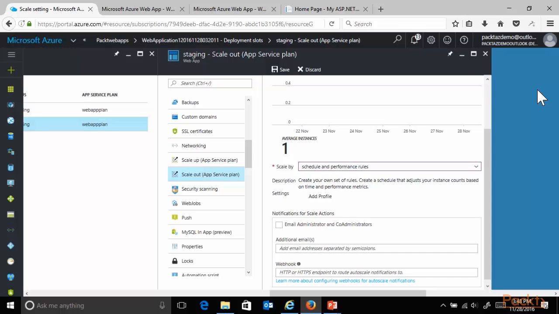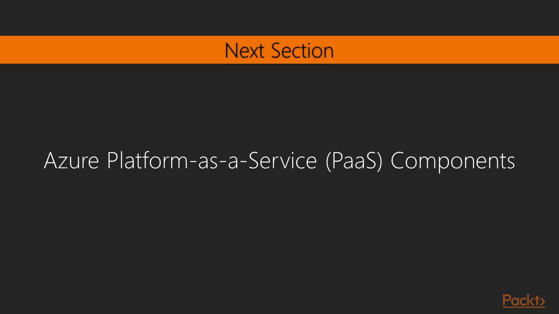So this is what it takes to configure scale up, scale out features, as well as the continuous deployment and deployment slots. I'm inviting you for the next section where I'm going to cover some other Azure platform services besides